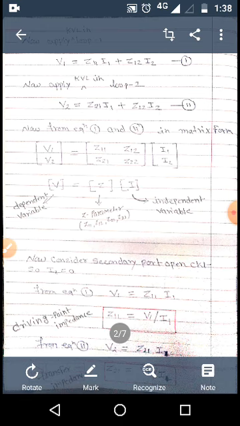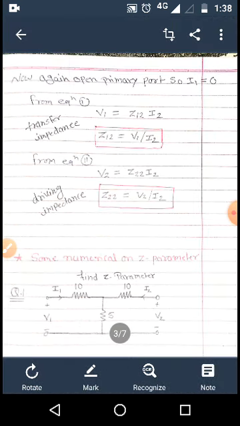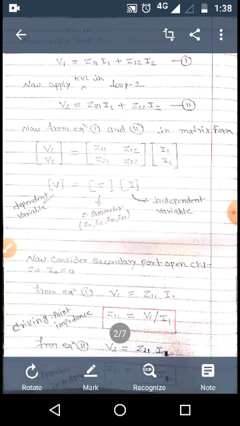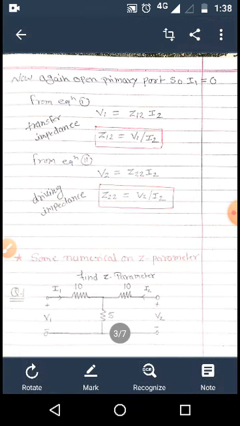Now substituting I2 equals 0 in equation 1 and equation 2, we get Z11 equals V1 upon I1 and Z12 equals V1 upon I2. Z11 is also called the driving point impedance, and Z12 is called the transfer impedance, from input port to output port. Similarly,